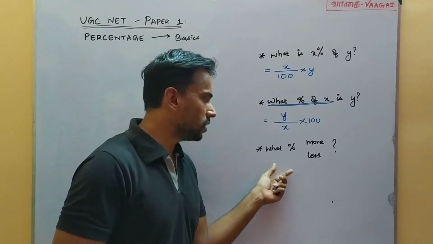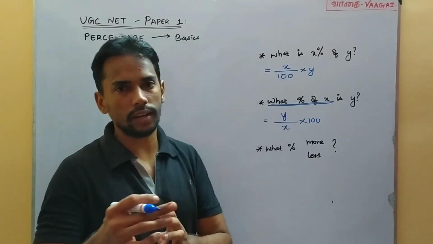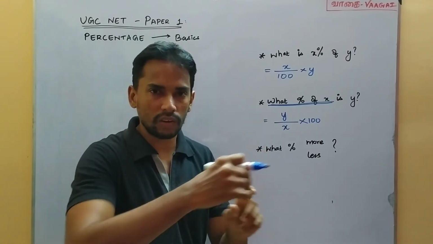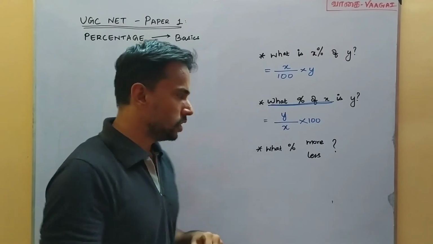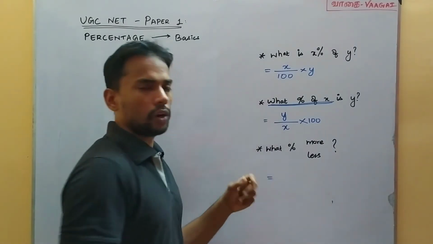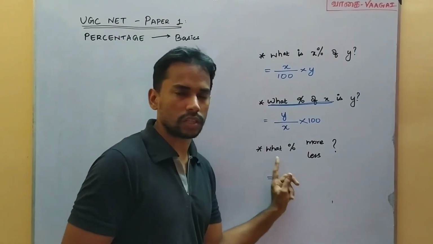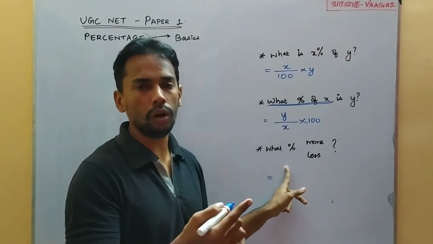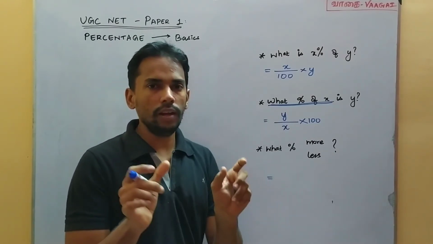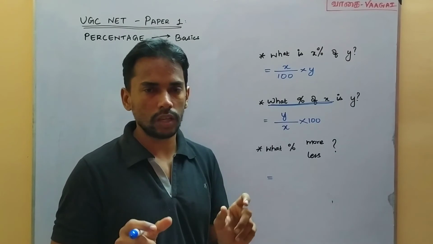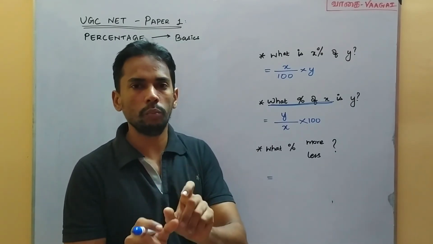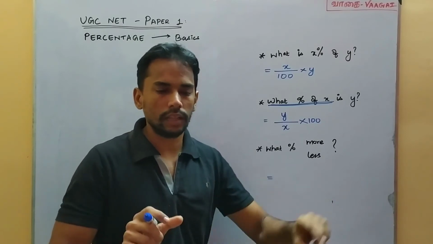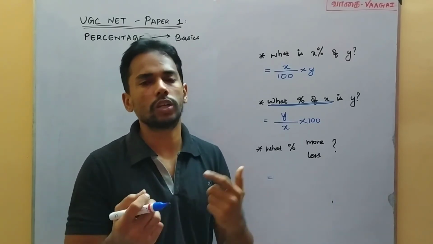And when we have questions from this one, we can see that in detail. When we take questions from this variety, we can see that in detail. But as of now, just know what procedure we are going to follow when we have questions like this, that is, what percent more, what percent less. We'll here also have two quantities. So we need to just compare the two quantities. How much is one more than the other? One less than the other. In terms of percentage, we are asked to calculate.